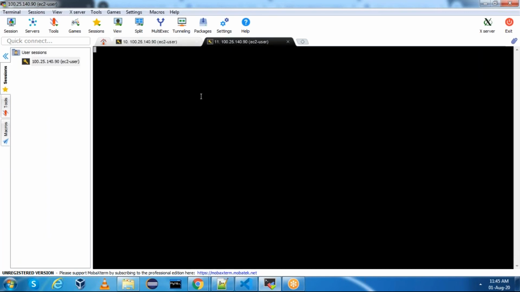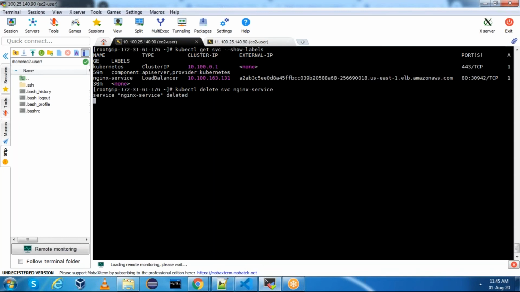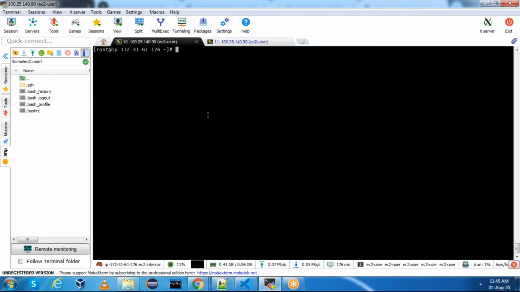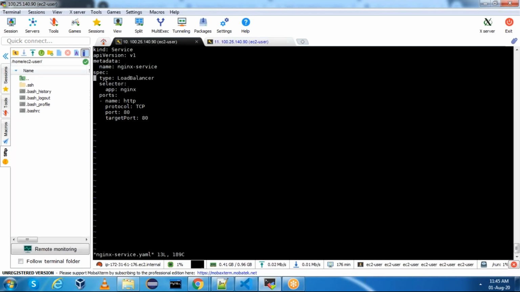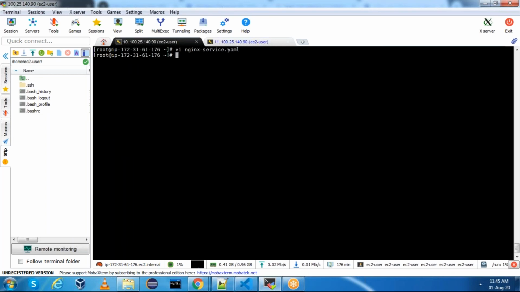Okay, it is taking some time. Let me open a duplicate tab as well until this gets, okay, now this is deleted. Now what I'm trying to say is, vi nginx service, if you keep any other selector instead of application nginx, you say application nginx some test. Now try to run this, it will not work.